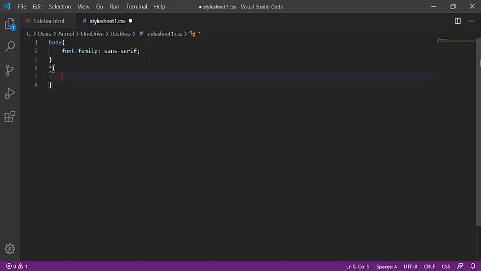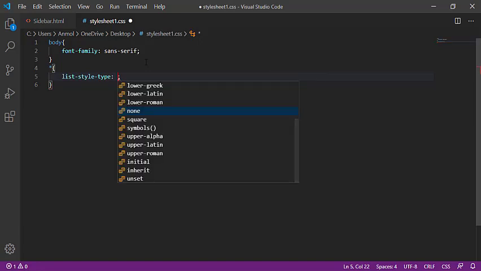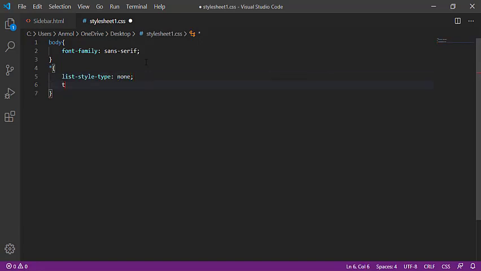So I am giving the list style type none, and this style type will work like if this listing has some bullet styling, then it will give the none option to the list items.